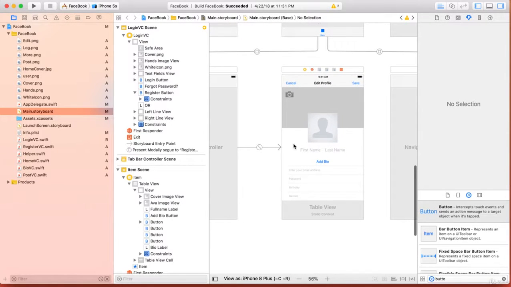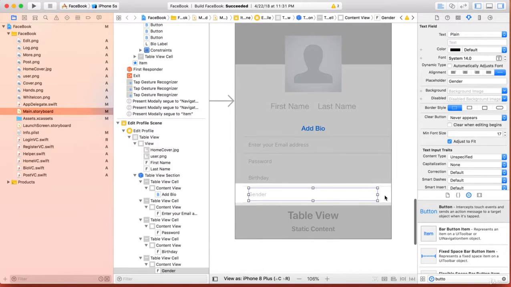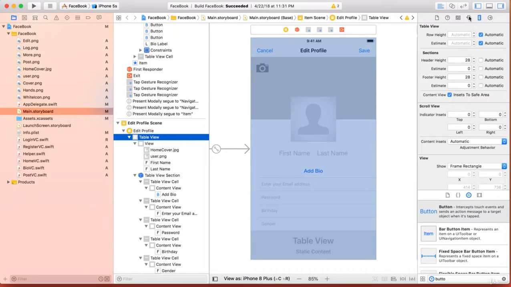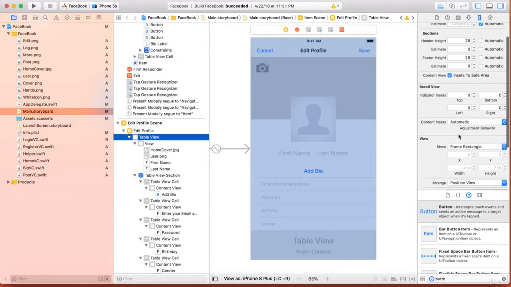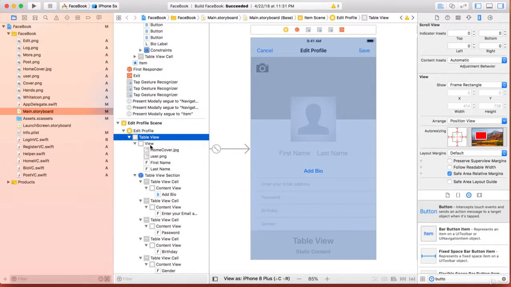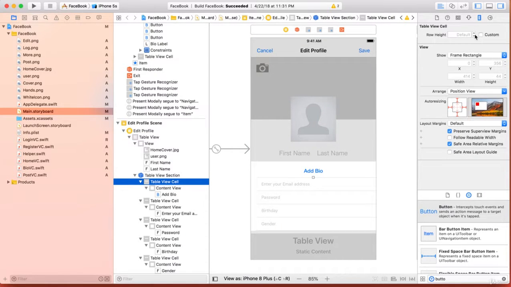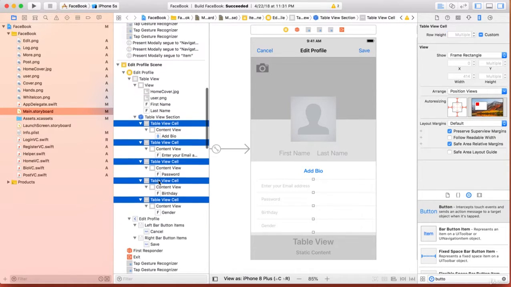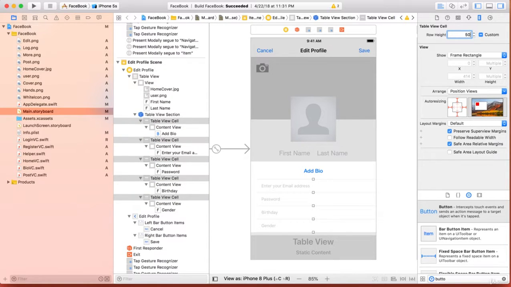So it will be a table view controller which will store different text fields. And another thing what I would like to do is we just need to resize the cell height. Let's make it 50. You can select all of your cells in the left panel and I put here 50